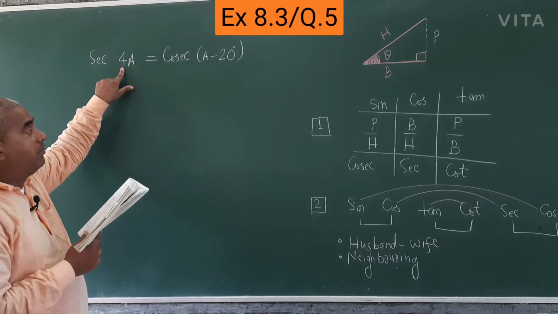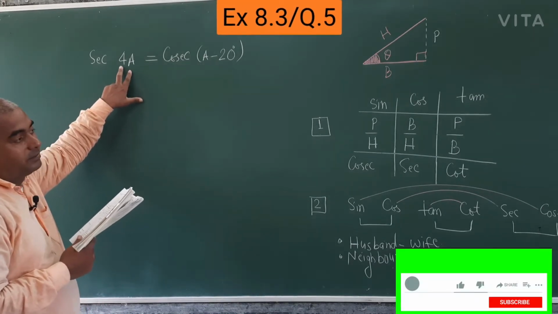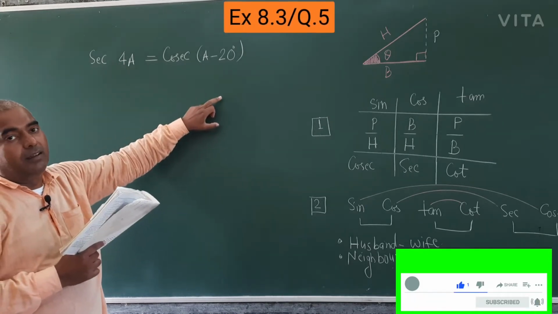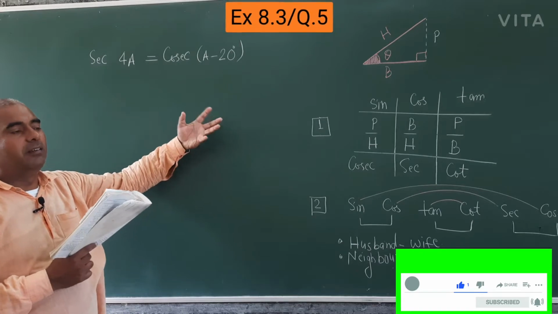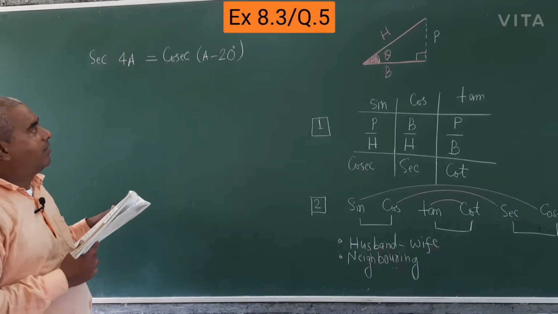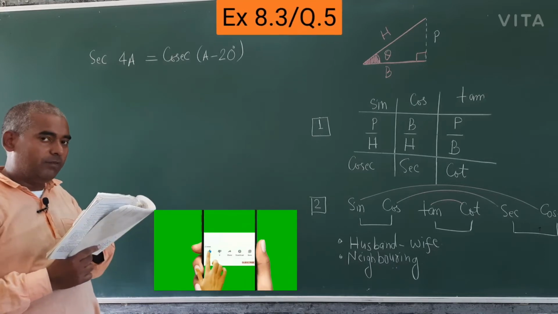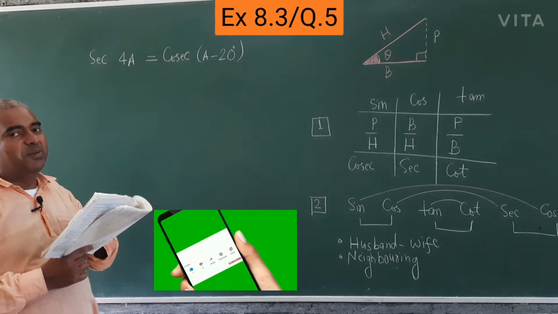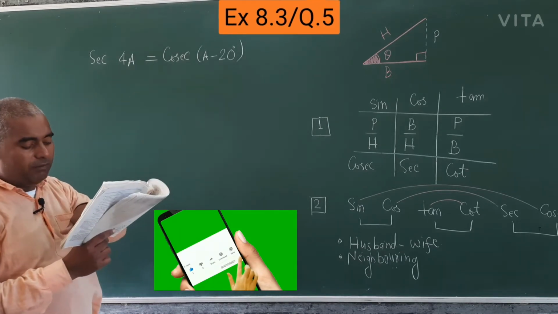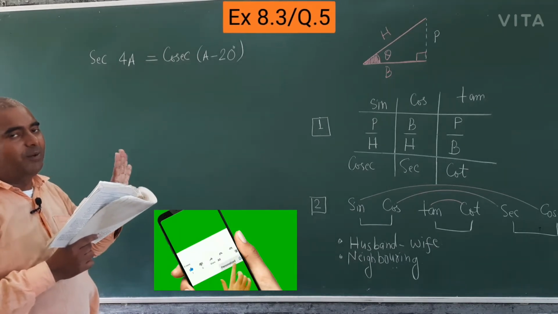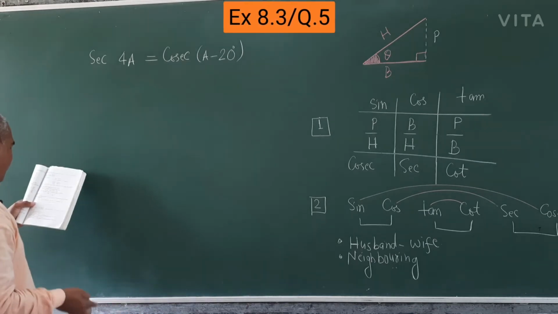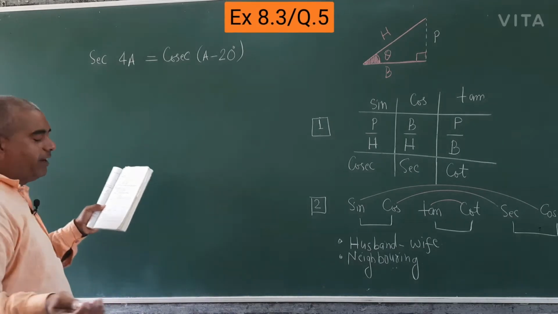It is given, very good. Why is it given that 4a is an acute angle? It is a technical point that will be clear when you go to class 11th. But in mathematics, you always have to write all the things. So that's why it is given that 4a is an acute angle. We will not use it anywhere, because we take it as it is. So, where 4a is an acute angle, find the value of a.